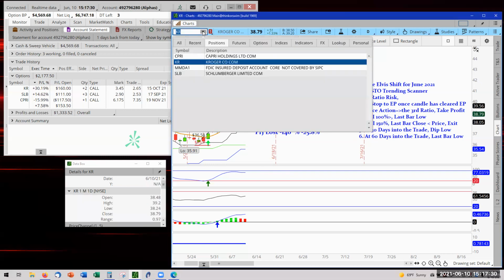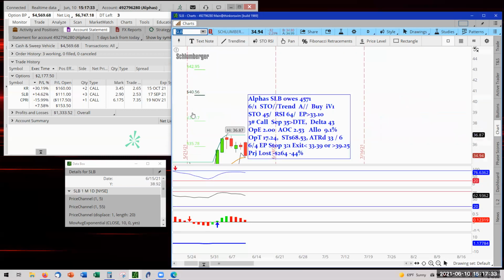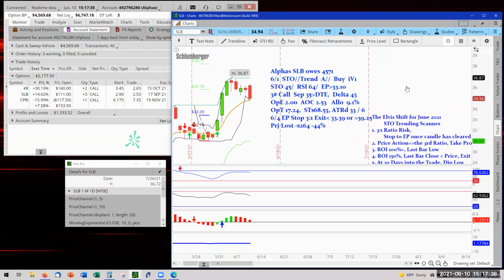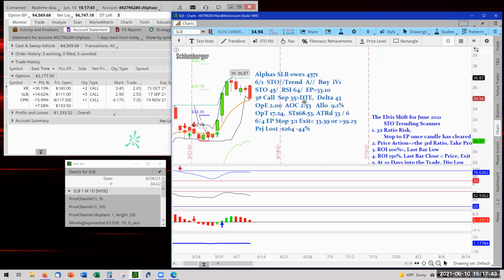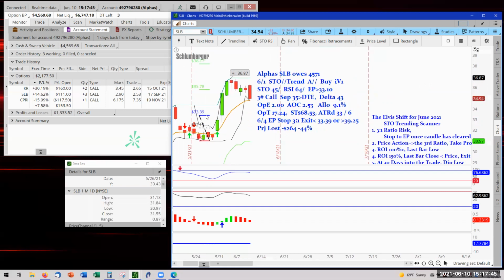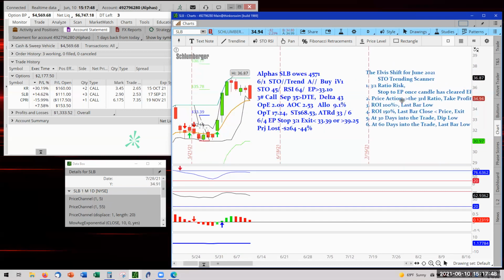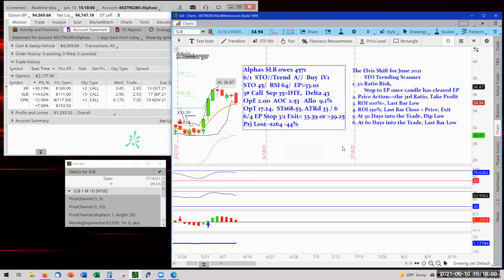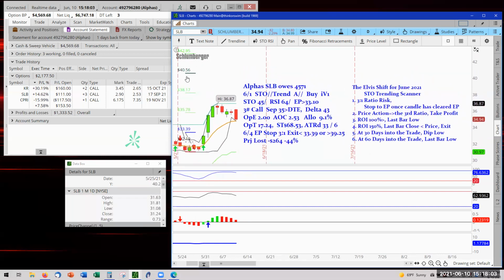Going on now to SLB. And SLB, it's got itself a pretty good, decent pullback. But remember, we did clear the gantry. So our stop is here at 33.39. Same rules apply. Remember, all this is to the alpha account for Stochastic Strategy. And we're here at 33.39. And then our third ratio stop is way up here, not that far up. They're at 40.56, and we closed today at